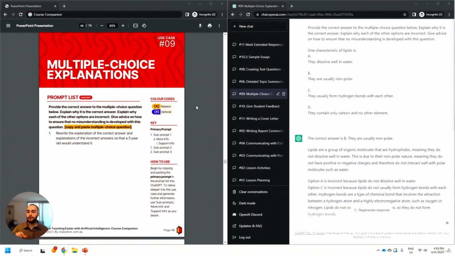We're going to go one step further, and in our primary prompt, we're going to ask ChatGPT to explain why the other options are incorrect and how we can have some advice to ensure that no further misunderstanding is developed if we've accidentally selected one of those incorrect answers. Absolutely amazing stuff. So here in this primary example over here in the sample output, we've got 8 questions here,